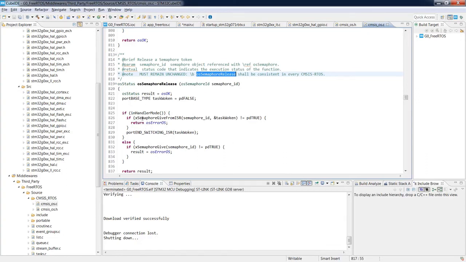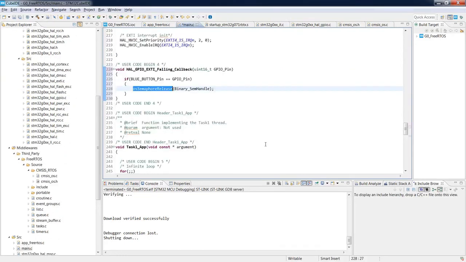From the interrupt routine, it is calling a different FreeRTOS API function with the FromISR suffix, which checks whether any task was woken up by this event, by this semaphore, and if yes, whether there is a need to change the context to a different task which has just been woken up. So this is an important point: using the CMSIS OS layer, we don't need to take care about selecting the proper function. It is done automatically by the API.